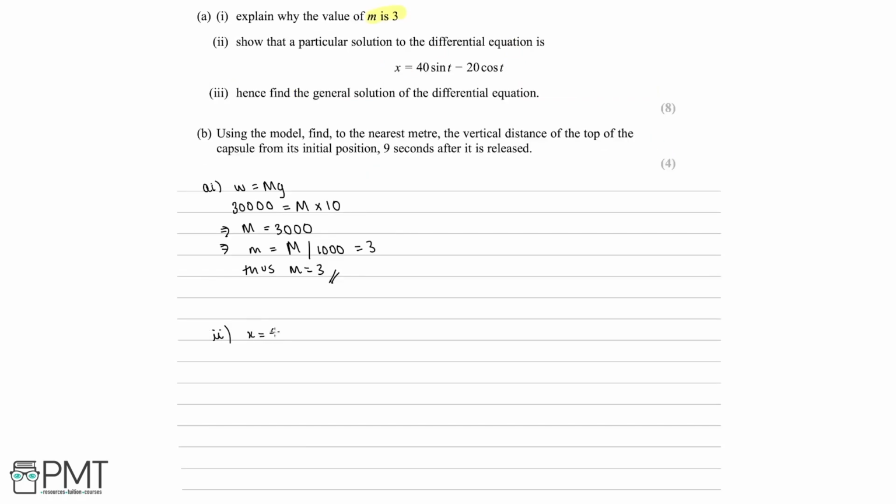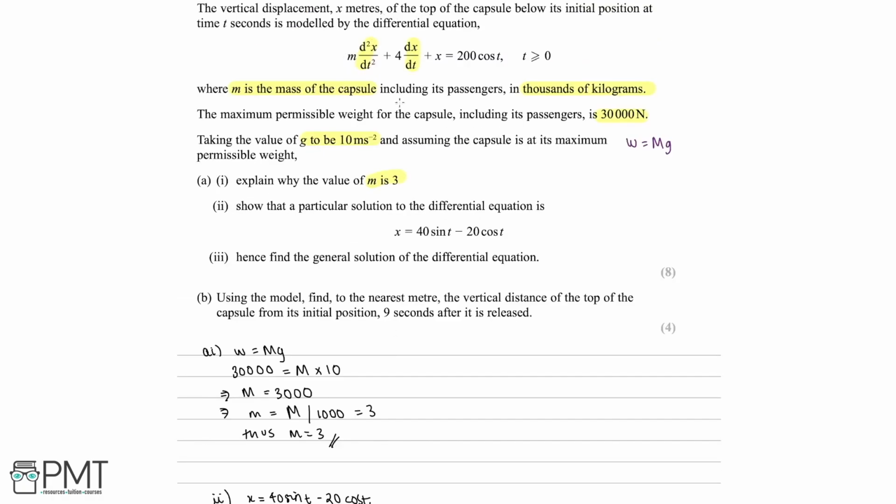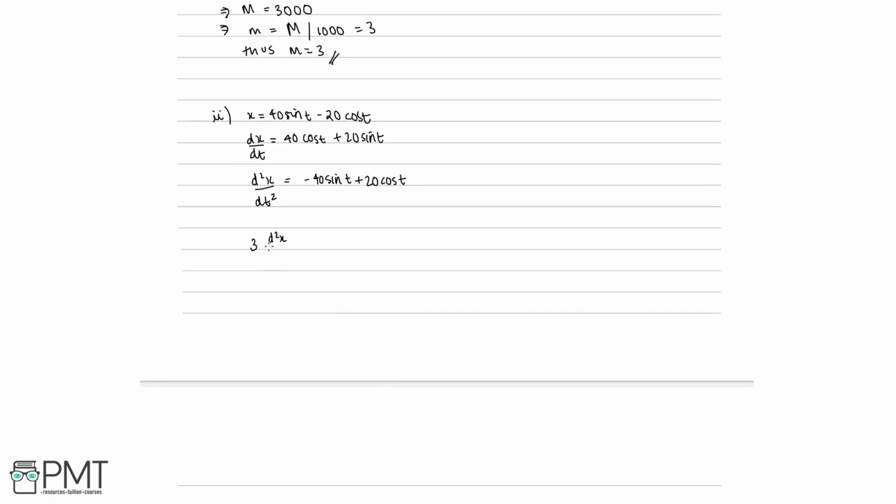So we have x = 40 sin t − 20 cos t. Differentiating once, dx/dt = 40 cos t + 20 sin t. The second derivative of x is the derivative of that, which is −40 sin t + 20 cos t. Now, to verify that x is a particular solution, we substitute these back into the left-hand side of the differential equation and see if it gives us 200 cos t. Our differential equation is 3 multiplied by the second derivative of x plus 4 multiplied by